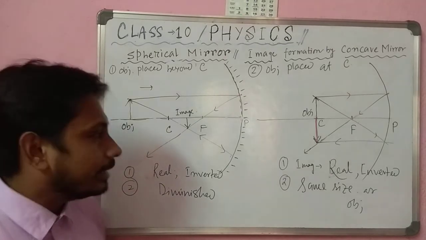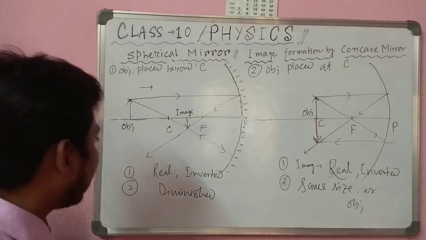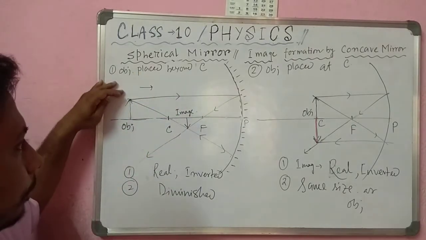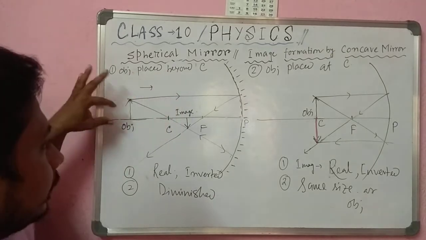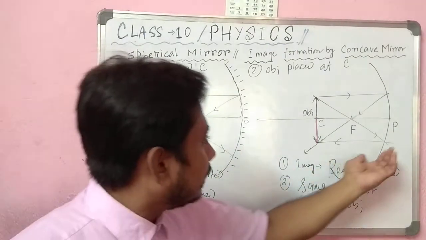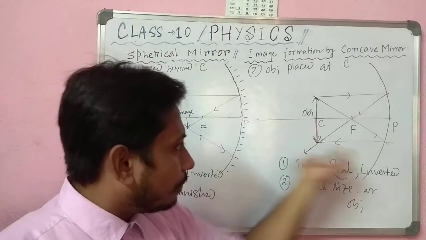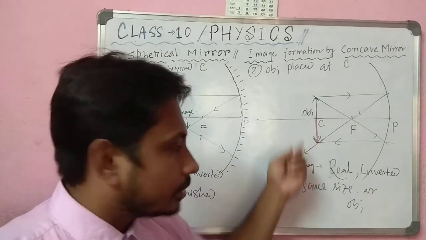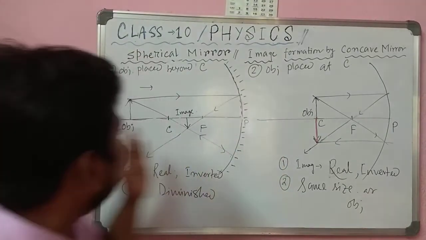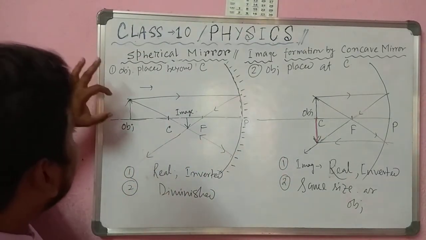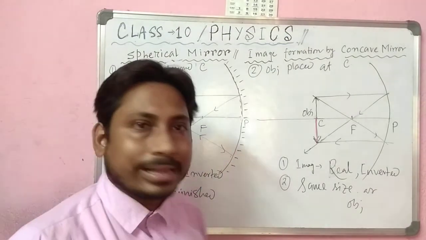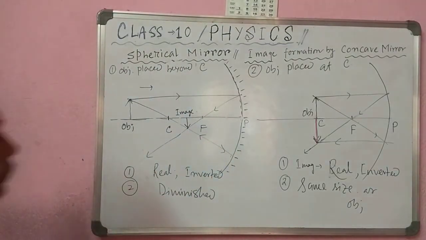So students, see, a very important fact comes out: if the object moves towards the spherical mirror, the first image is diminished, and as the object moves towards the mirror, the image moves away from the mirror and the size also increases. First diminished, then same size, then if the object is placed between C and F, the image will be slightly higher than the previous. Let's see.